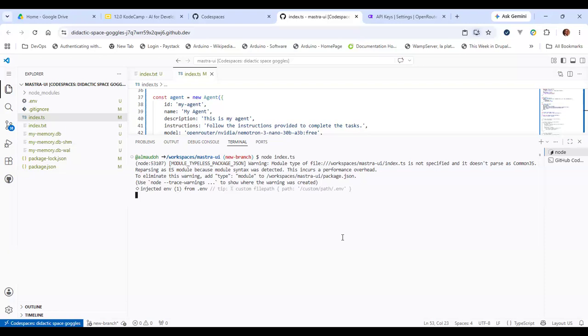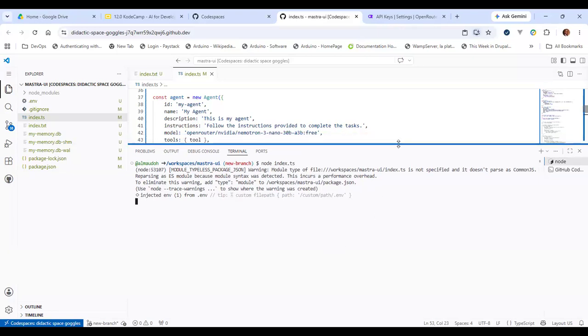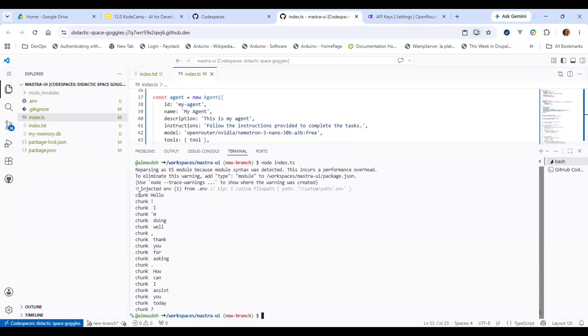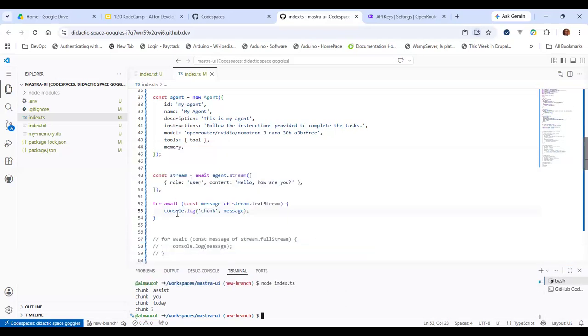It's not really streaming now, which is quite interesting. Streaming would mean I should have gotten the response immediately, but we are waiting a little bit. Okay, so this is the first stream. You can see, because I pull the text stream, it is saying, hello, I am doing well, thank you. Of course, because I did console.log, that is printing each of them out on a separate line. But ideally, you don't want to do that.